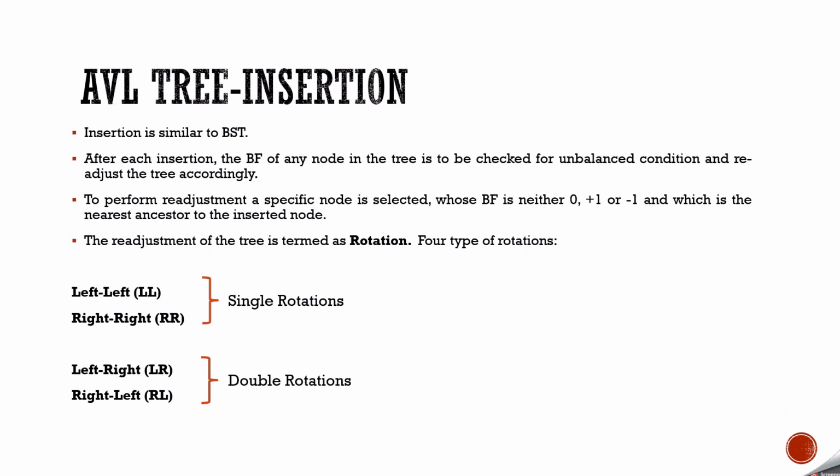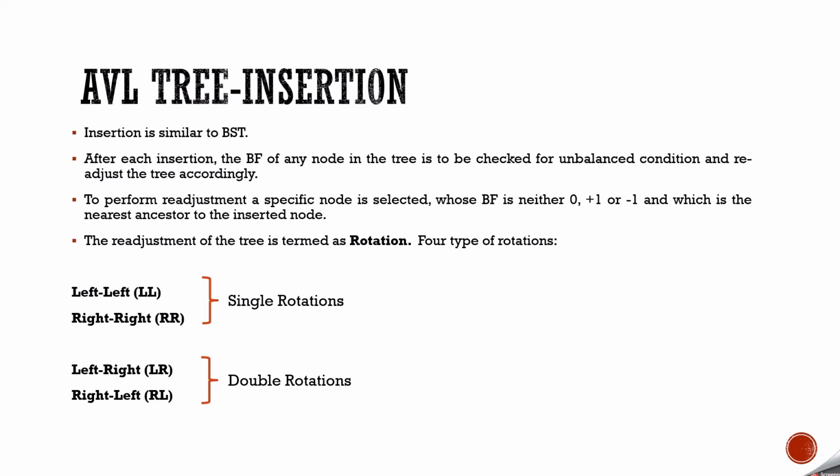Now how do we do insertions following the AVL tree rule? The insertion is exactly the same as in a binary search tree, which we have already learned. You can watch some of the last sessions or videos to see how to do insertions in a binary search tree. The difference is that immediately after insertion of any node, we first have to update the balancing factor of each node in the path through which my node comes down to get its exact place for insertion.